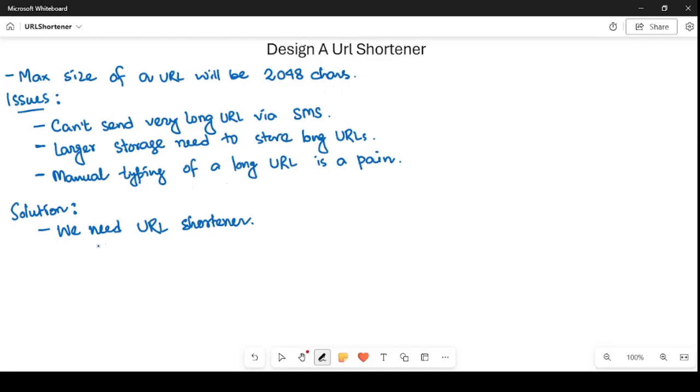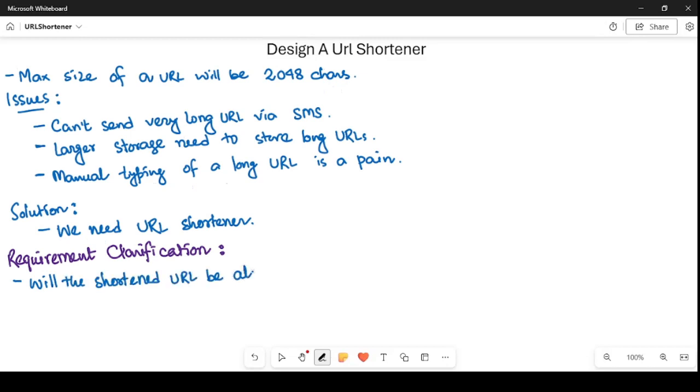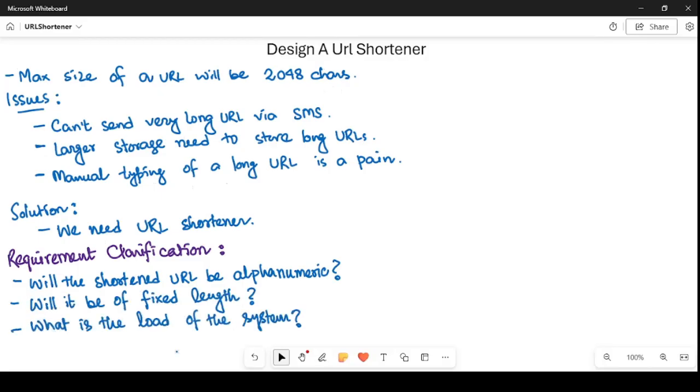In this session, we will be designing a scalable URL shortener application which can be used in the real world. Before we start designing the application, let's first clarify the requirements for our system. Will the shortened URL be alphanumeric? Will it be of fixed length? What is the load of the system? These are very important questions we have to clarify before designing the system, because answers to these questions will influence